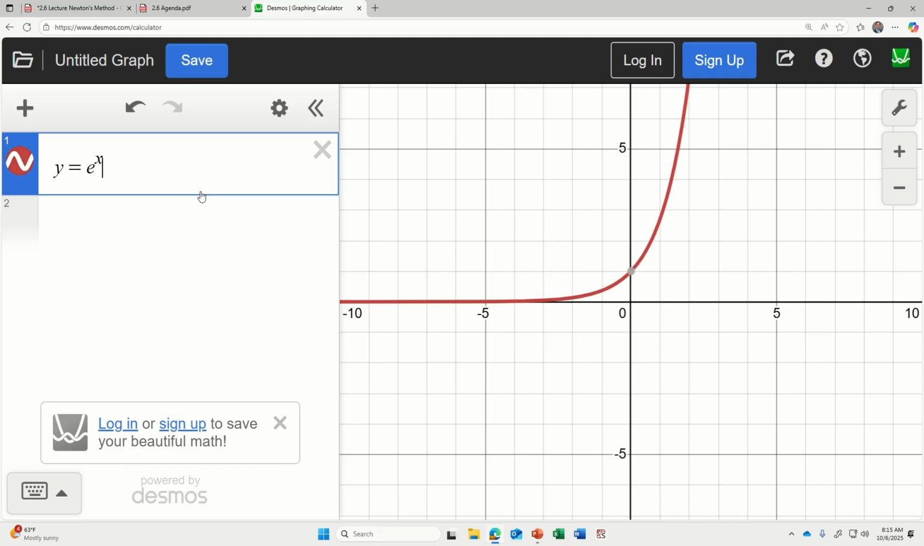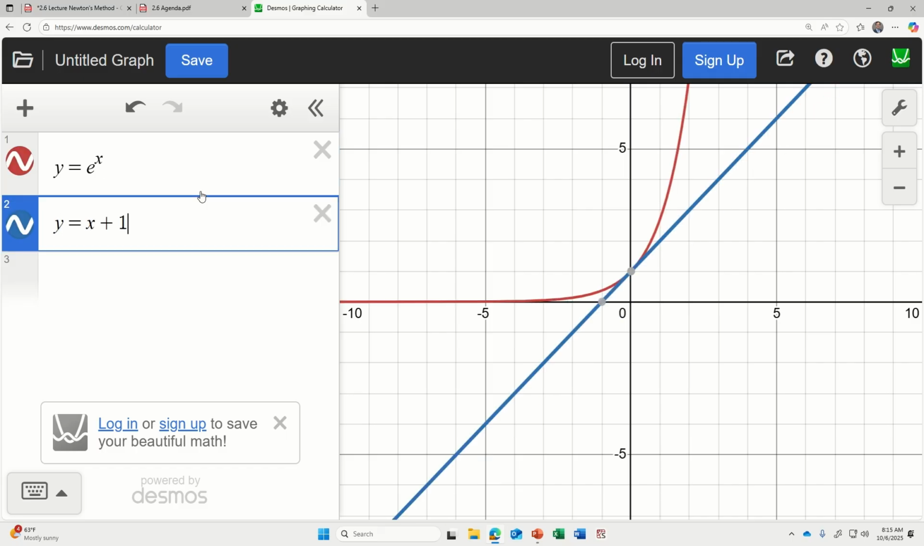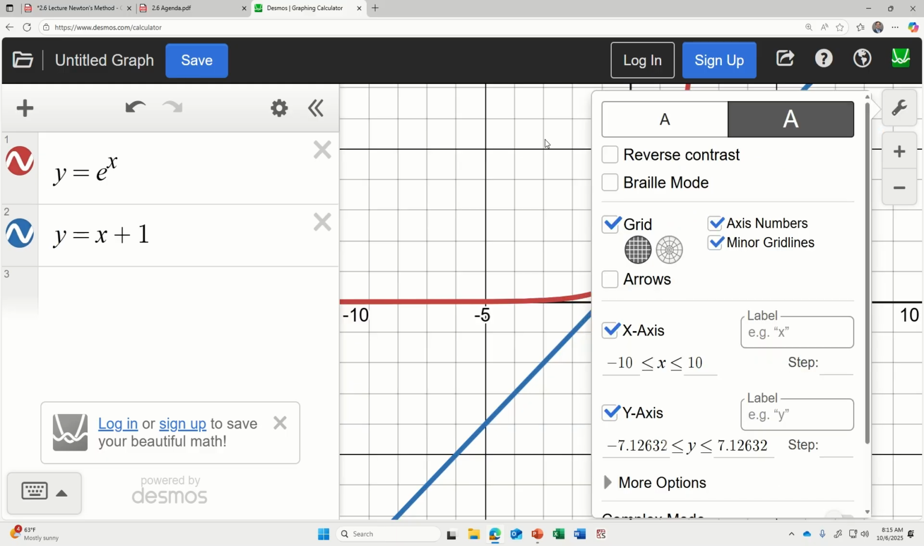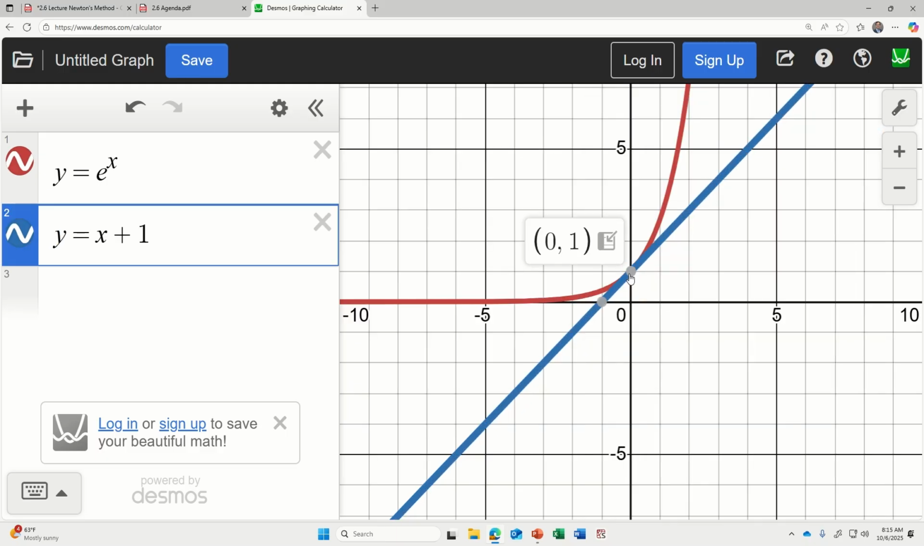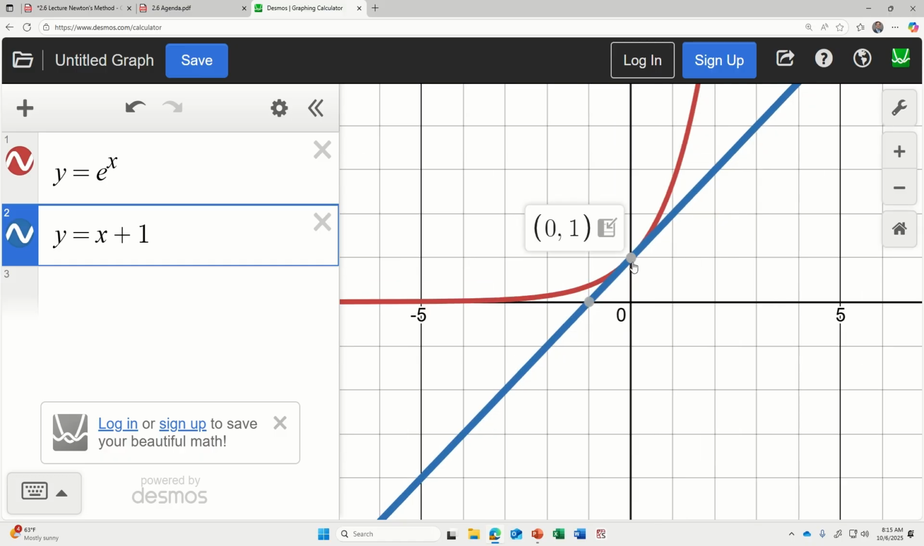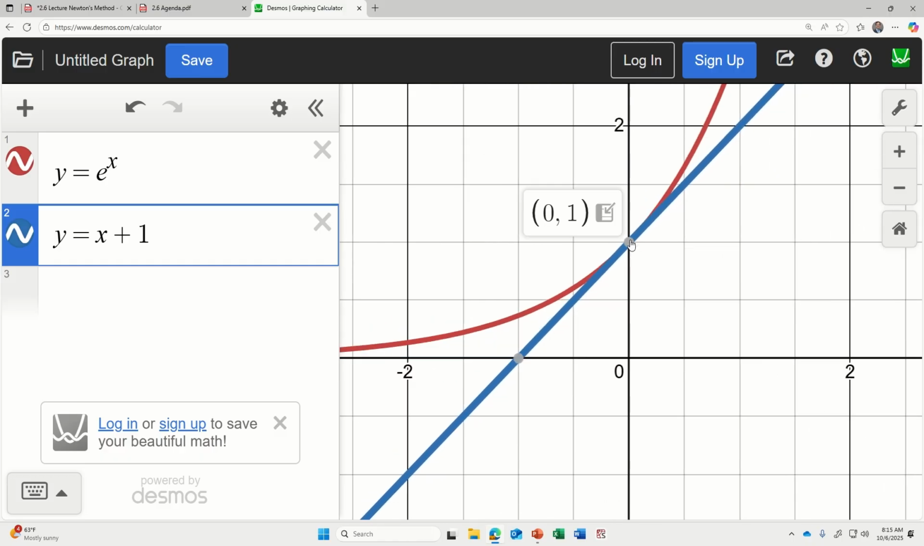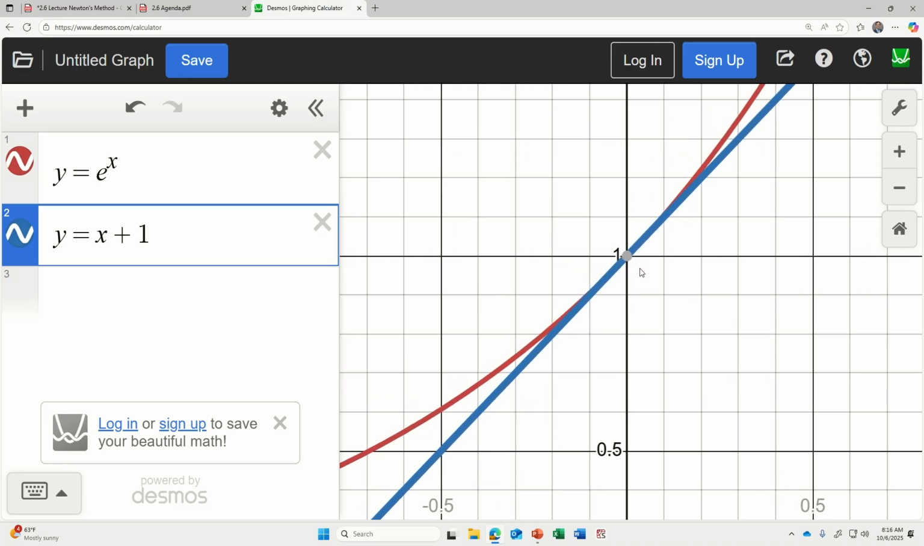We've got e to the x, my function, and then we've got x plus 1, my tangent line. What I want to point out right now is that the tangent line has the same value as my function at that point. They intersect at the point x equals 0. It has the same slope as my function, and because it has the same value and the same slope,